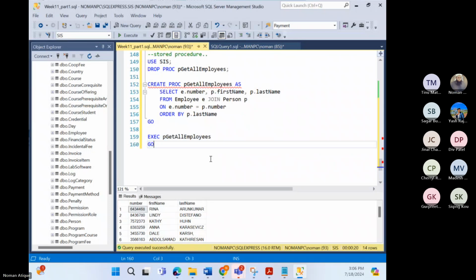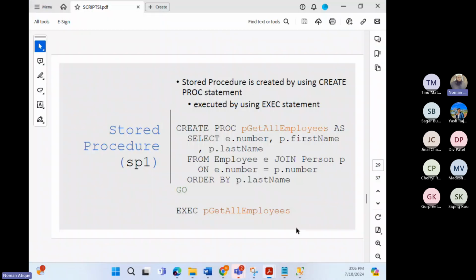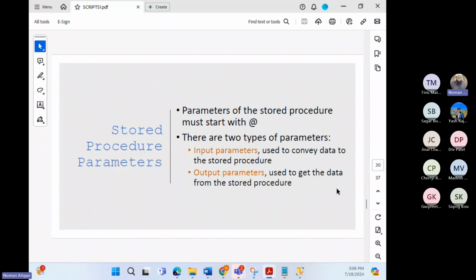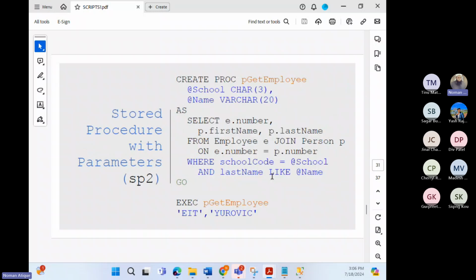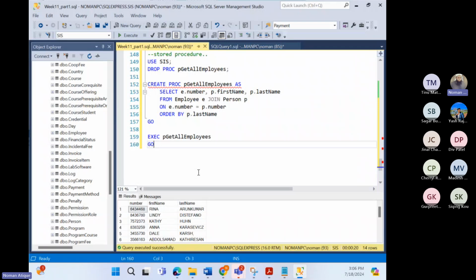And I think I have given that in over here as well. So stored procedure one, stored procedures parameters. We can just pass the parameters as well. So this is the second one. We'll just pass some parameters and we'll see how we can work with those parameters. So let's come back over here and let's create